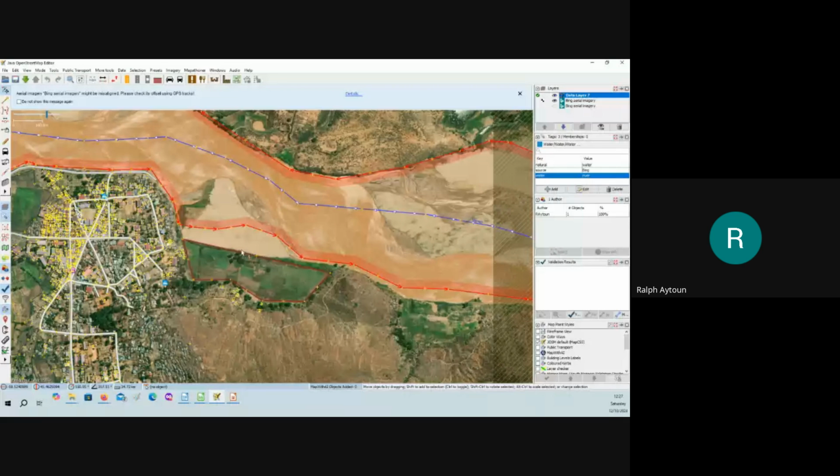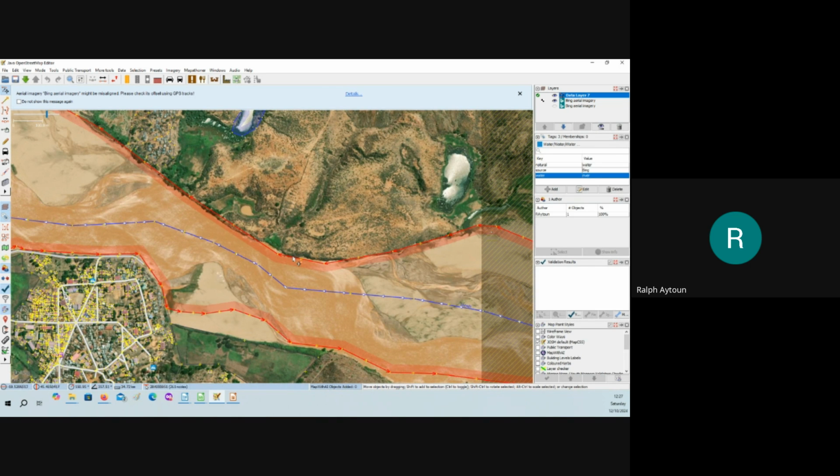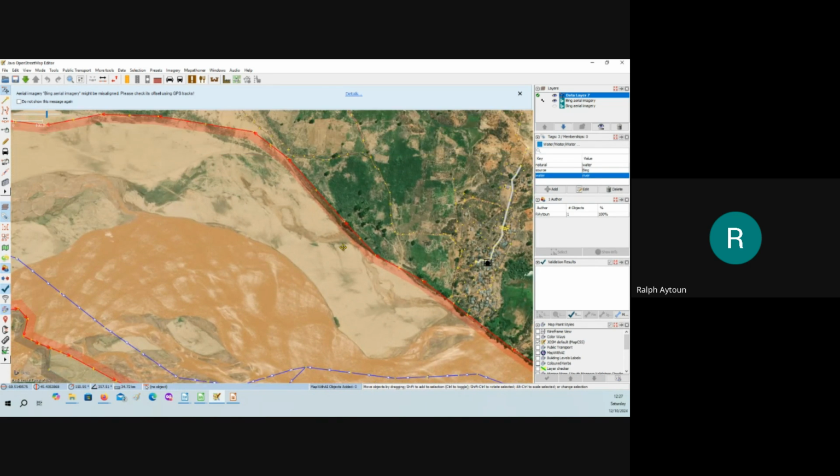Also, what I want you to see is how much this has changed since the previous mapping. We can see here how much this has changed and how much the flow has changed. We can see this, all this big section here shows that flooding has washed away all the vegetation there. But on this side, it has stayed pretty normal.